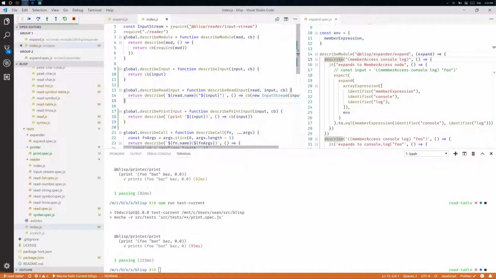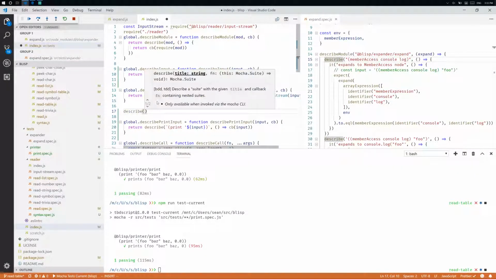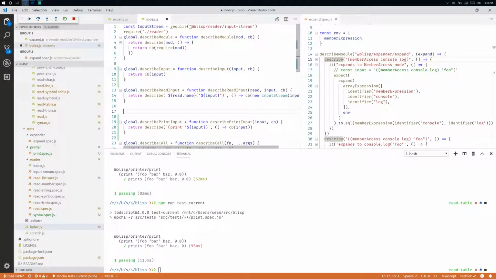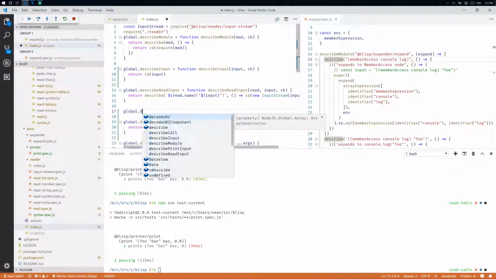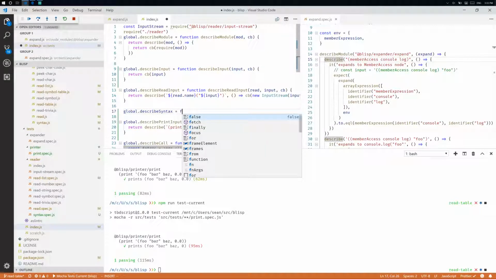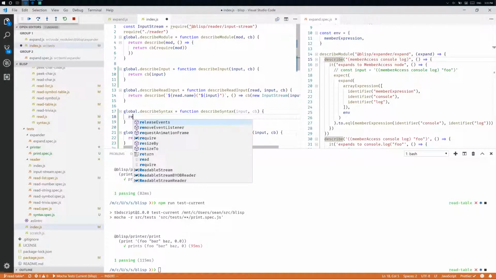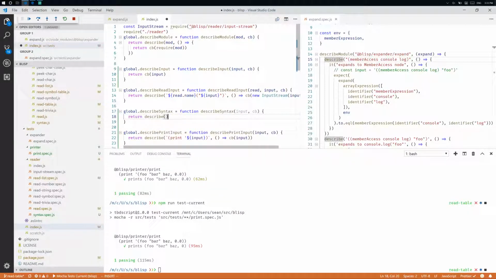Let's describe. All right, what do we want to call this? Global.describe syntax equals function describe syntax, and take our input string and callback function. And so basically turn describe